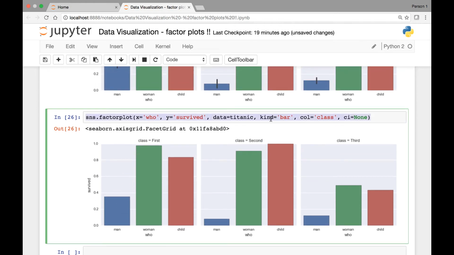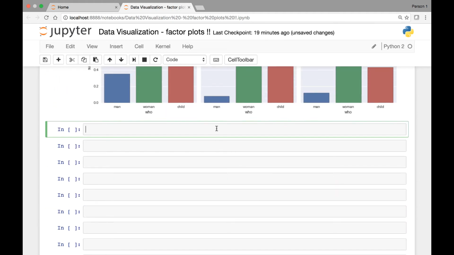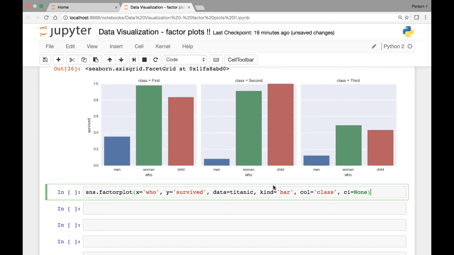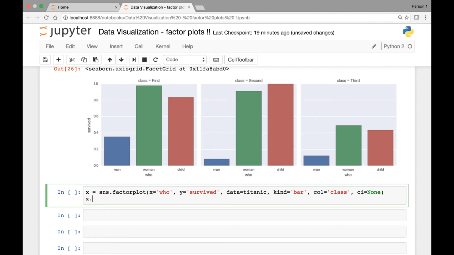Okay, so this is an example of a factor plot by passing various attributes in our factorplot method. Another thing we can do is give our x and y axes names by using the set_axis_labels method. What we can do is save this factorplot in a variable. Let's save it in a variable called x, and then call the set_axis_labels method on x. So set_axis_labels, and then we'll pass axis names